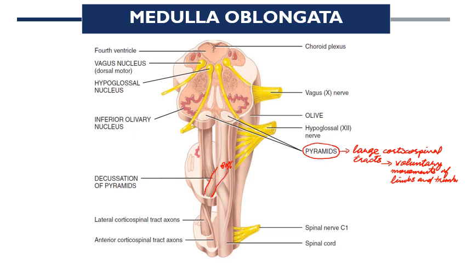In the same manner, 80% of the fibers in the right pyramid also cross to the opposite side, thus forming what is called the decussation of pyramids. This crossing of fibers to the opposite side explains why each side of the brain controls voluntary movements